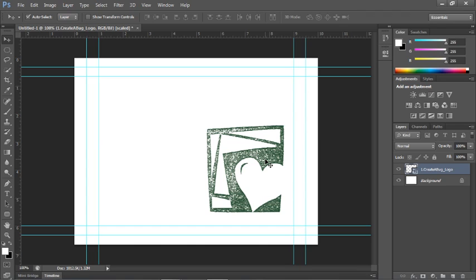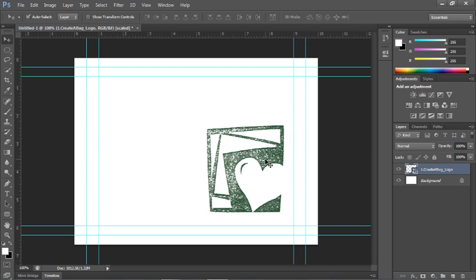These guides represent safe zones that are really helpful for editing files in Photoshop for broadcast and video. The reason we use these guides is because of TV set overscan. Now, overscan is this process that cuts off part of the picture's outer edges to improve the middle image on the screen. And to make matters even more complicated, the size of the overscan actually varies from television to television. Therefore, to make sure everything fits, we'll make